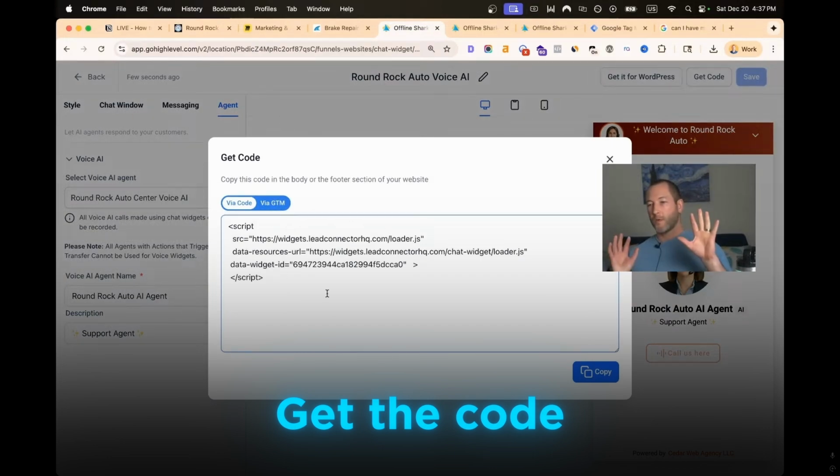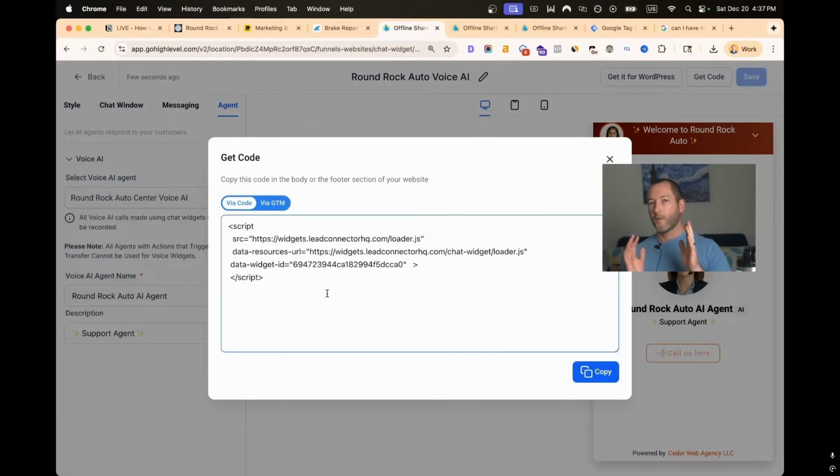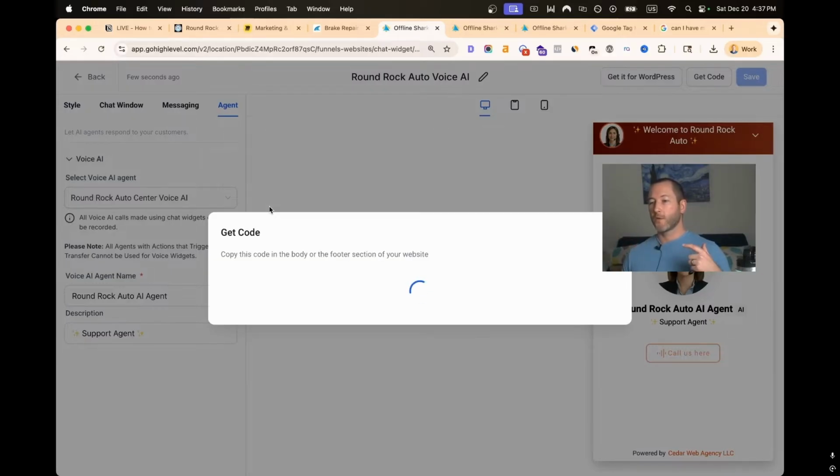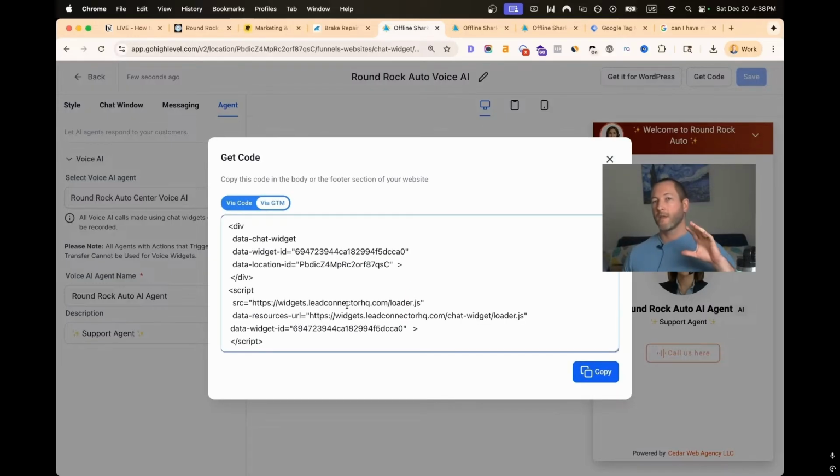So you can put this on the website a couple different ways. For Smart Directory AI, for your client's website, for wherever you're going to put it, I recommend using Google Tag Manager. I'm not going to get into all the ins and outs of setting up Google Tag Manager. If you have Smart Directory AI with the training, there is a section where Cameron goes into more specifics on how to do this. I'm going to do it for you right now, but you probably have a lot of questions if you're not familiar. Some of that is very Googleable, but we also have the specific training on it to give you more information. So I'm just going to hit copy,